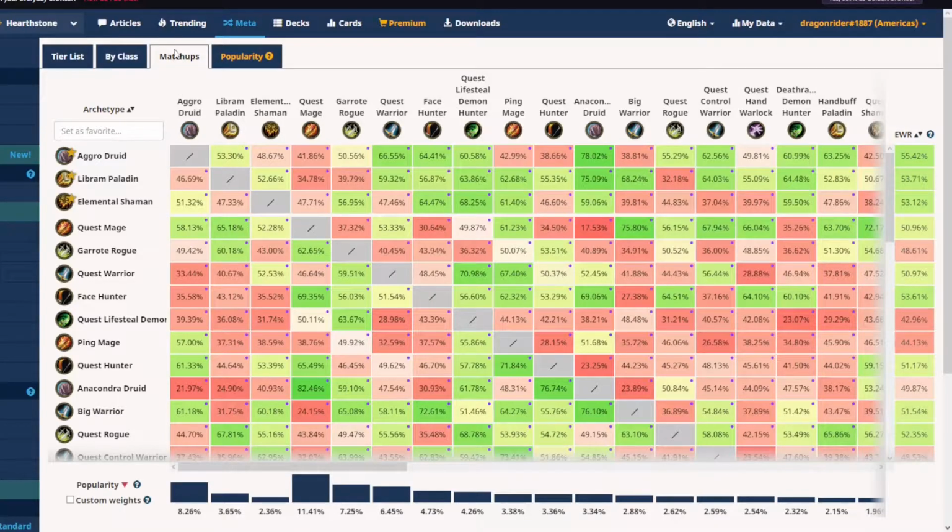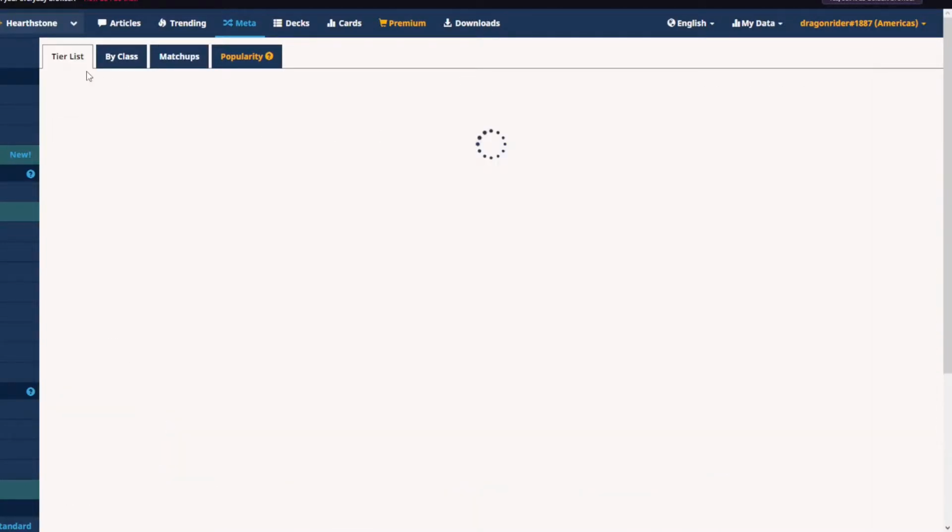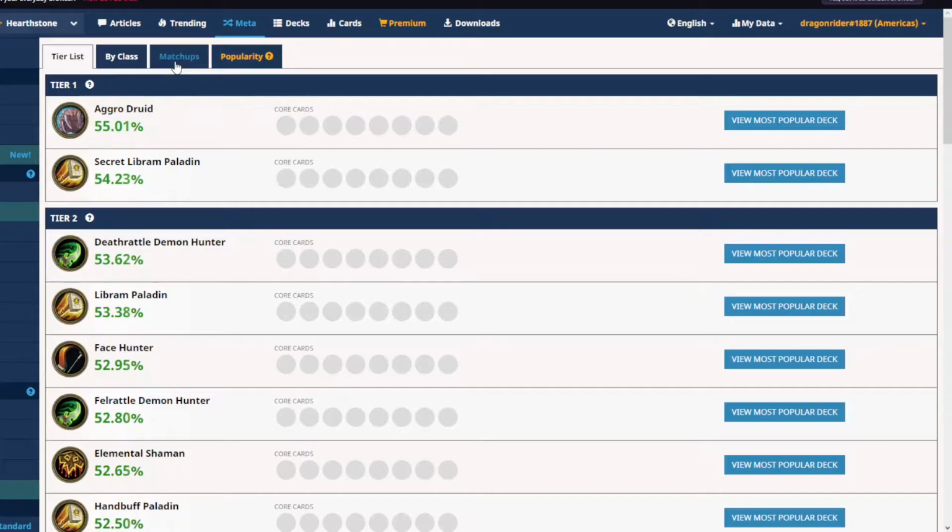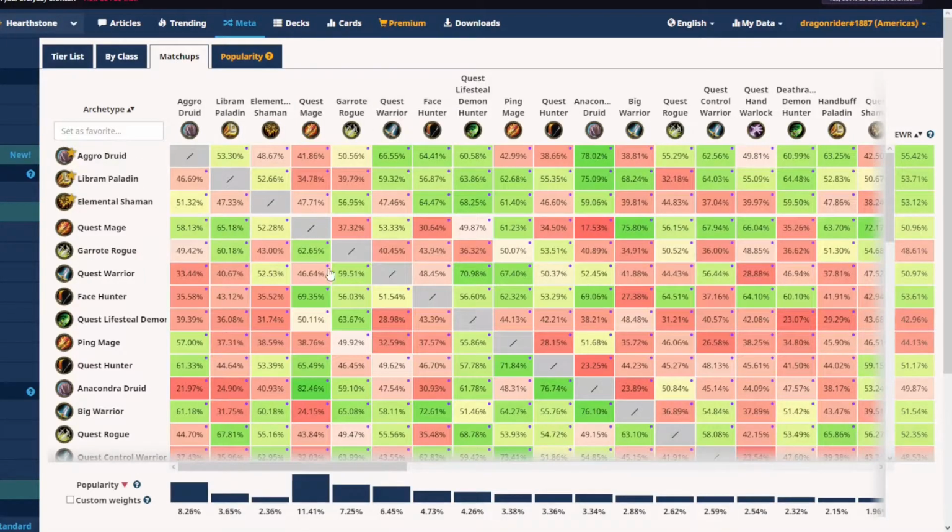So this is just the matchup screen. You might be familiar with the tier list screen, but if you go to matchups, you can see the matchup spread here. Now, the first thing that I think is very highly